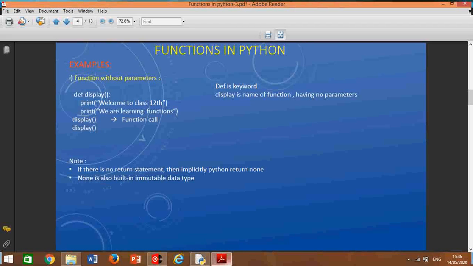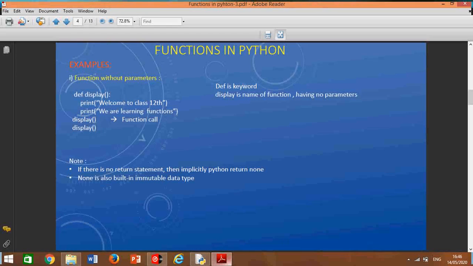Then we take the name of the function, and within the round brackets the parameters. If there is no parameter, then we use blank round brackets. And what this function does is print the result as welcome to class 12th, and we are learning functions. Then we call the function display.